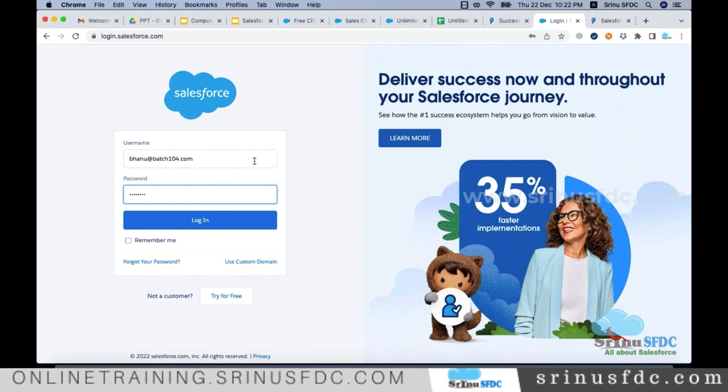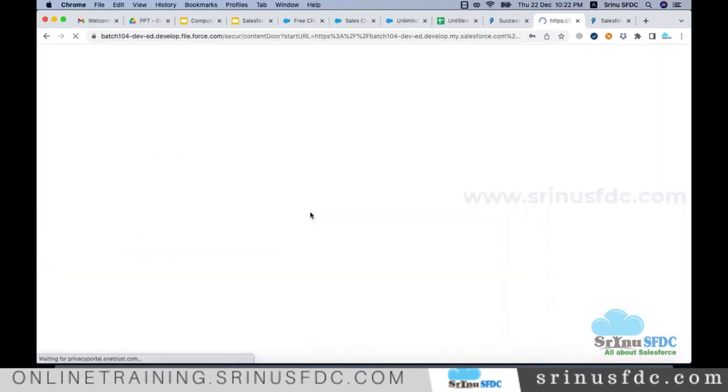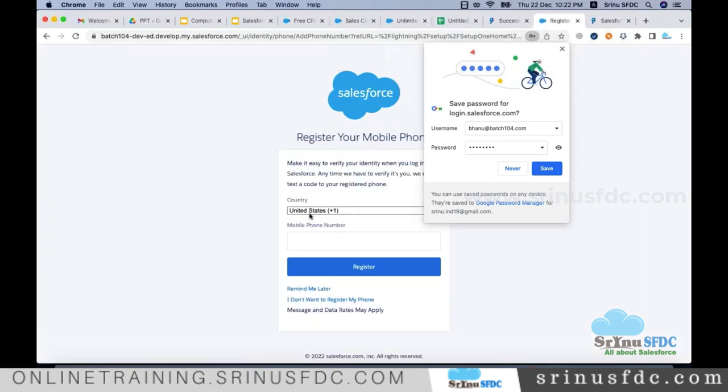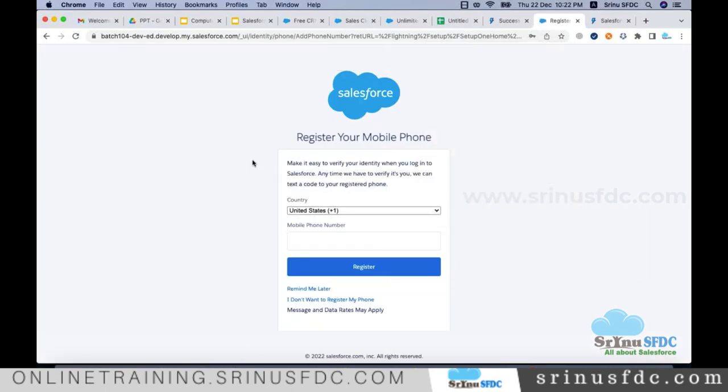you cannot log in. Okay, I can log in. You can also log in, but what will happen? When you try to log in from a new browser, because already in this browser I logged in one time, already through my internet I logged in one time, it recognizes. But when I try to log in from a new browser or from some other computer, additionally, it will ask for the